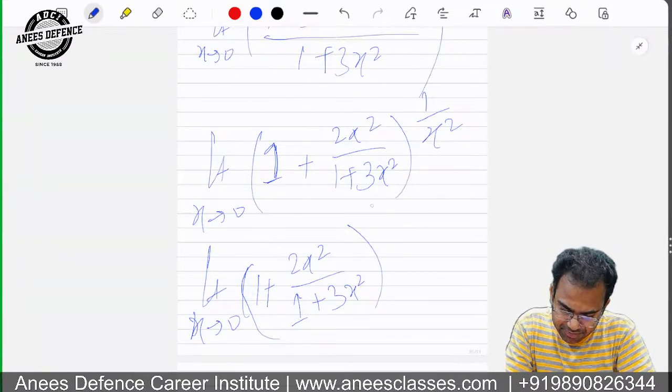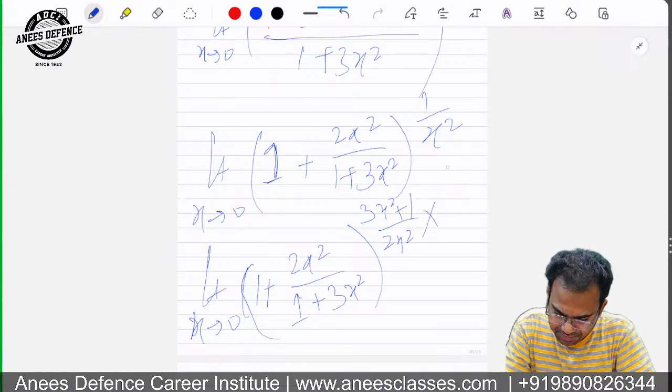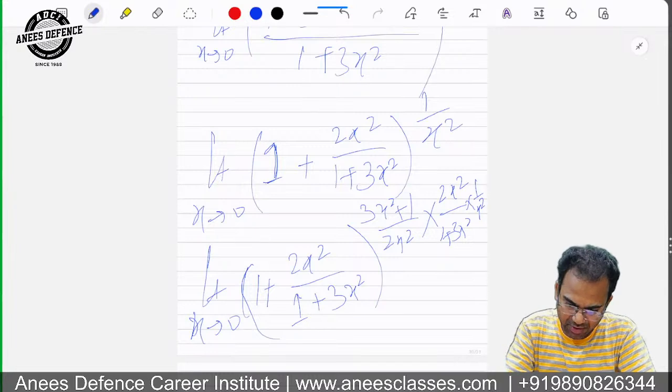Now I will compensate. 1 upon h means 1 upon 2x square upon 1 plus 3x square. So I have to write 2x square upon 1 plus 3x square. Already 1 upon x square is a multiplied factor. Okay. You will write this